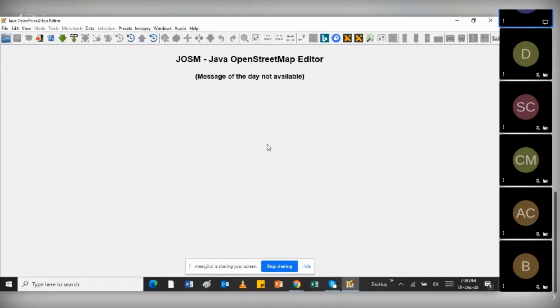If you want to do basic edits, you can usually opt for iD editor. But if you want to play around with the data to do more edits and access different tools and plugins, then JOSM will be the best option.